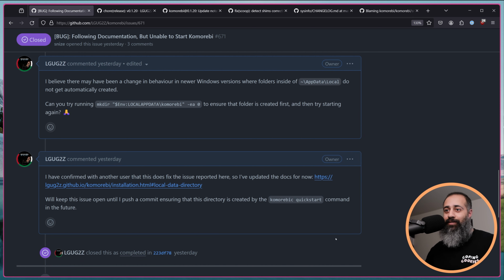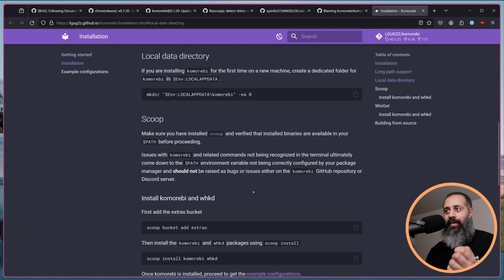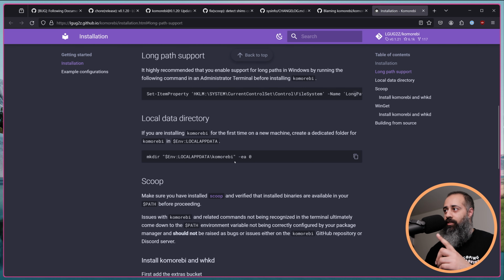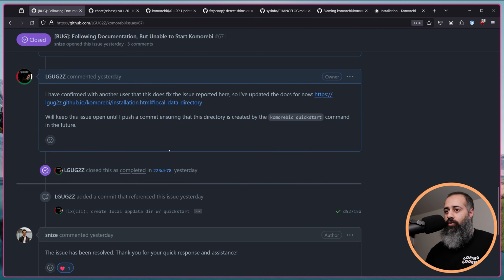Breaking changes outside of my scope of vision. It's very frustrating when things break and it's not because I did something. So I went ahead and quickly patched the documentation website, the quick start, to add this command, basically to create that directory for you. And I closed this ticket by